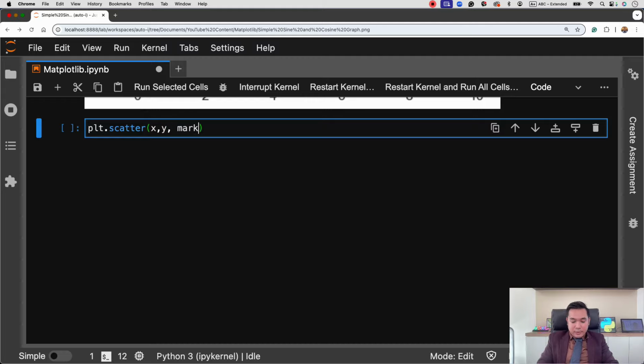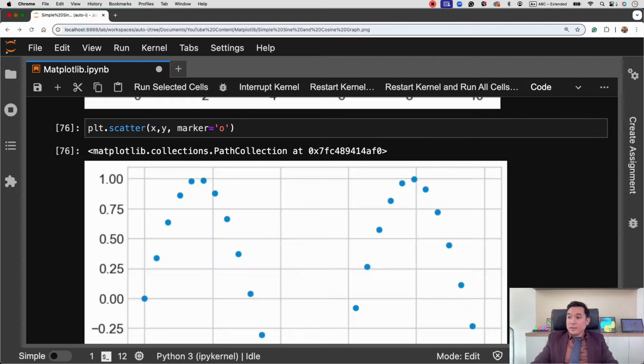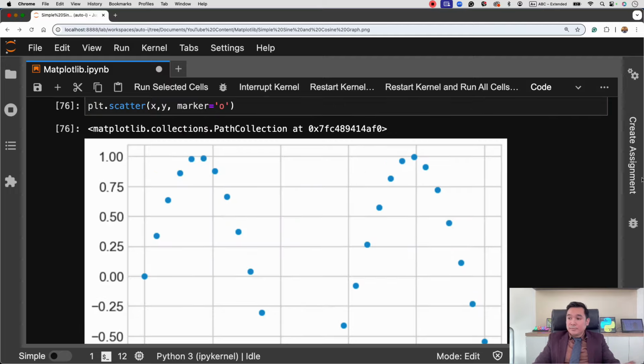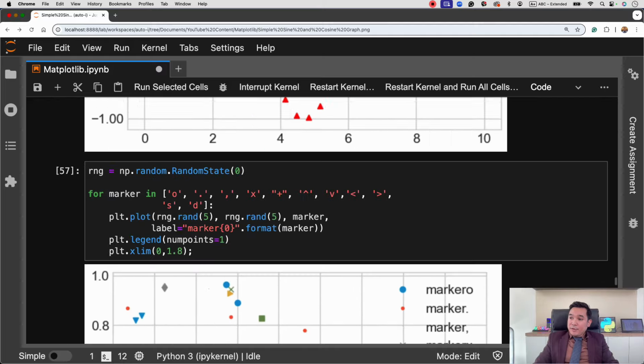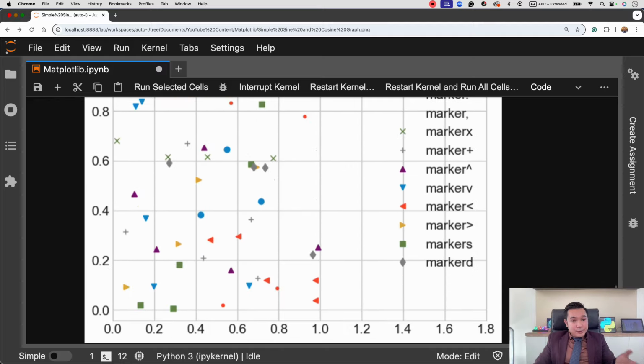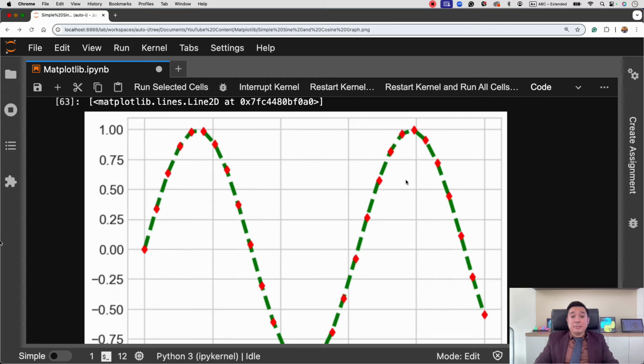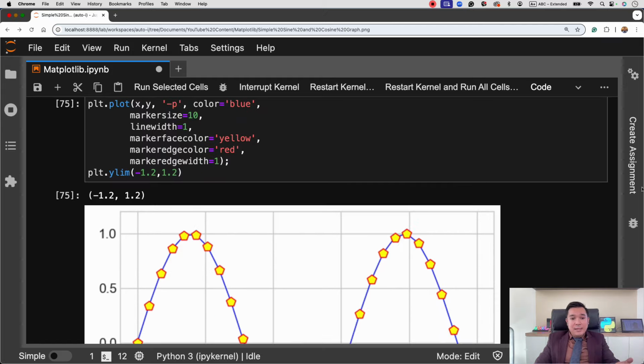Y, the marker is equal to. So here we've basically achieved the same type of chart that we created using plt.plot. Now the primary difference, of course, you might be asking, the primary difference of plt.scatter from plt.plot is